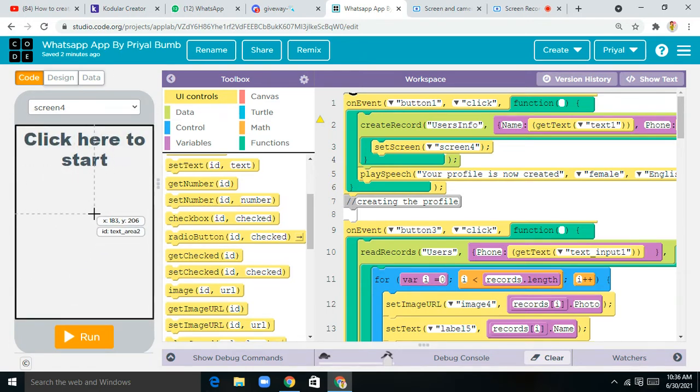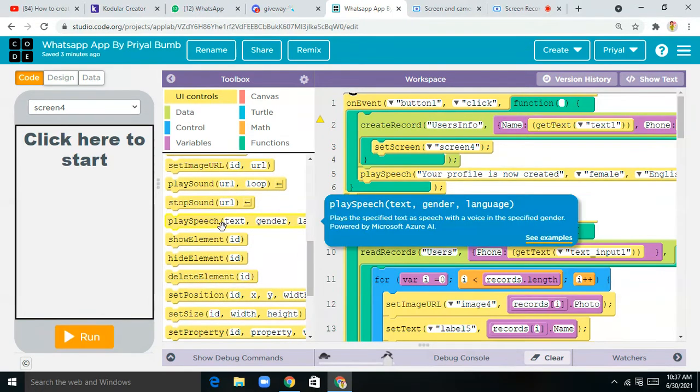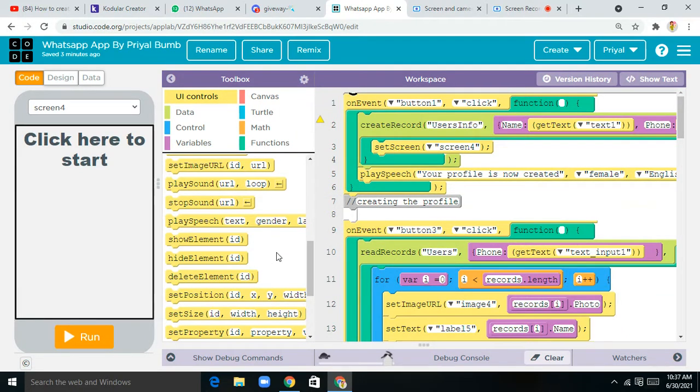So that's why we'll take a set screen block here and I'll change its ID to screen number 4. Okay, fine. Next, I've taken one play speech also to play the speech that your profile is now created. It's your choice whether you want it as female or male. And next I've come down to show tag and I've written creating the profile.